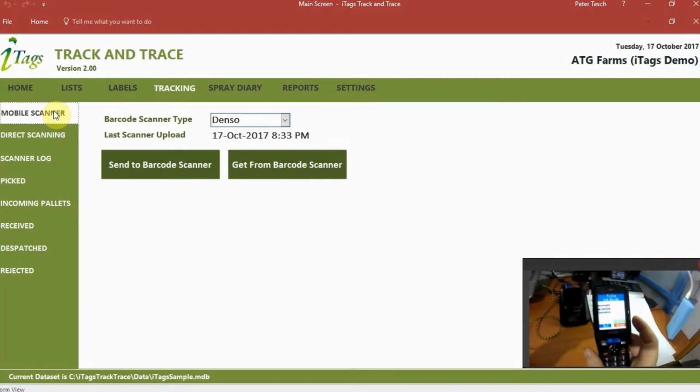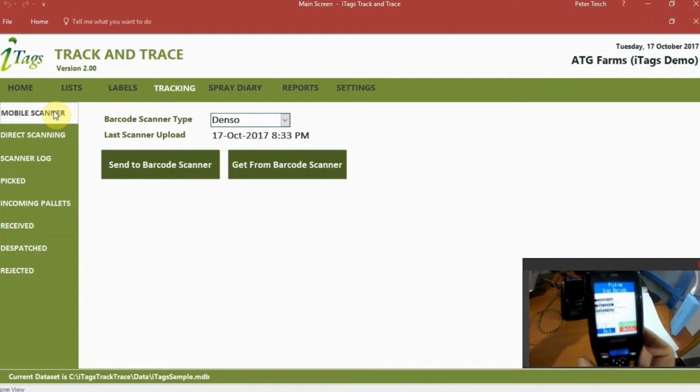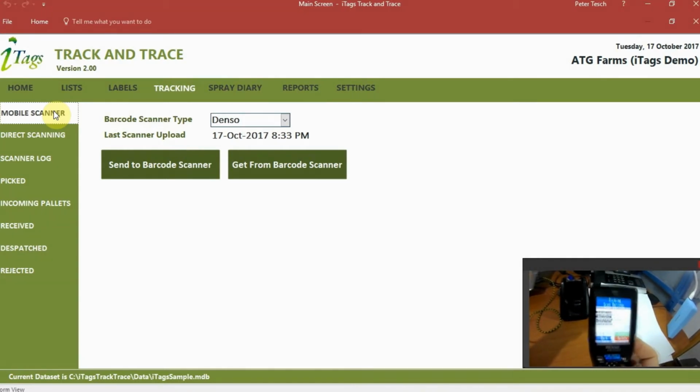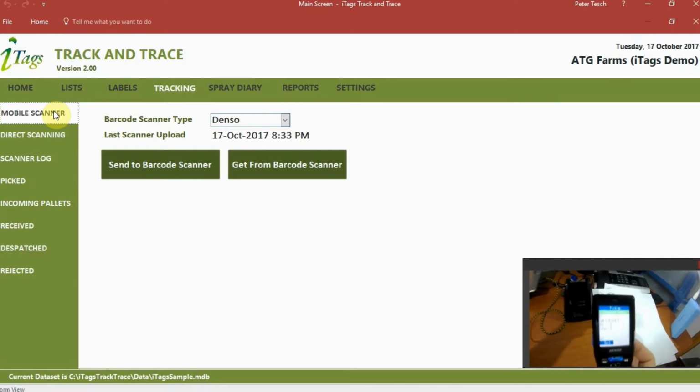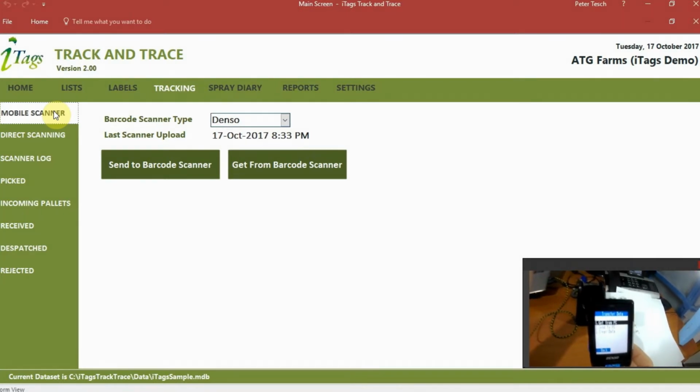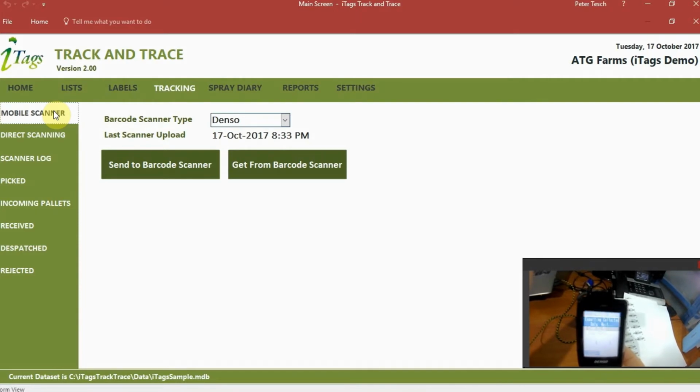As you can see, my list of items is there, and I can check totals at any time by pressing the green button, which will tell me the totals by each location or variety. Once I've done that, I can transfer that data back up to the PC. So I'm going to do that now. I'll put it in the cradle, send to PC,